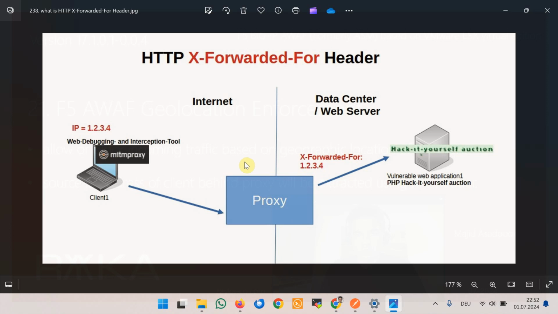Before we begin discussing geolocation enforcement, it's important to understand the HTTP X-Forwarded-For header, which we'll be using in this demonstration. When a client makes a request to a server through a proxy, the client's actual IP address is lost because the source IP address is changed to that of the proxy. The X-Forwarded-For HTTP header is an HTTP header that the proxy may add, including the original IP address of the client. This header enables the server to identify the true origin of the request despite it passing through one